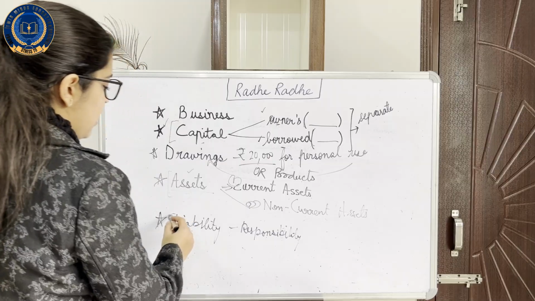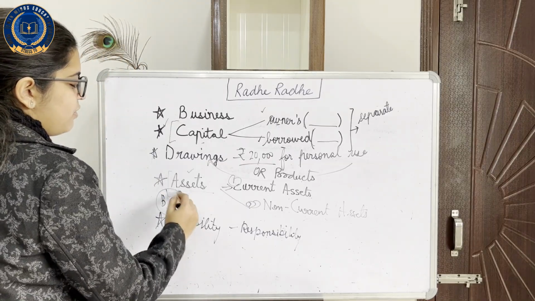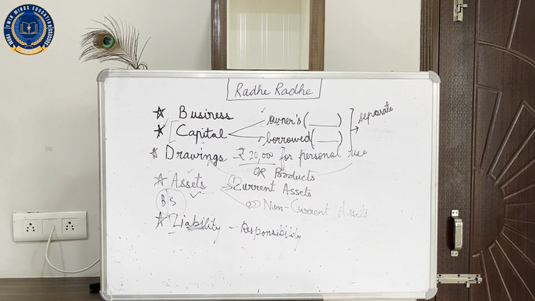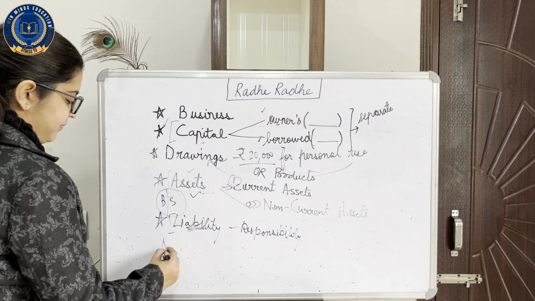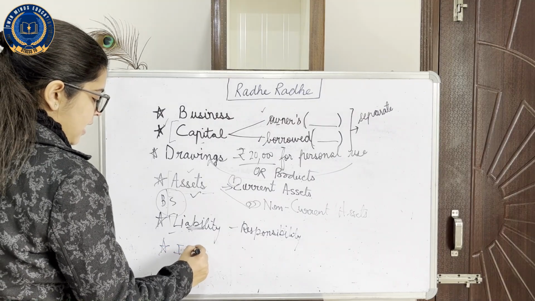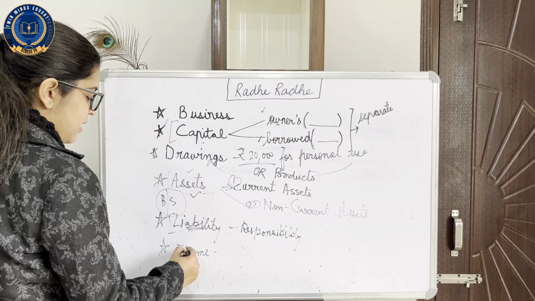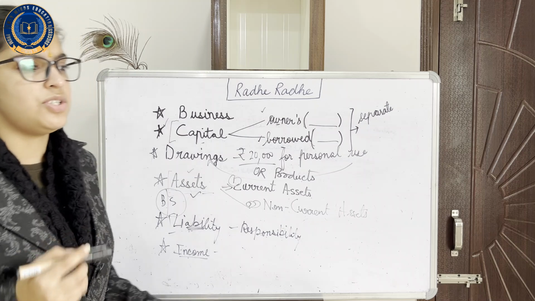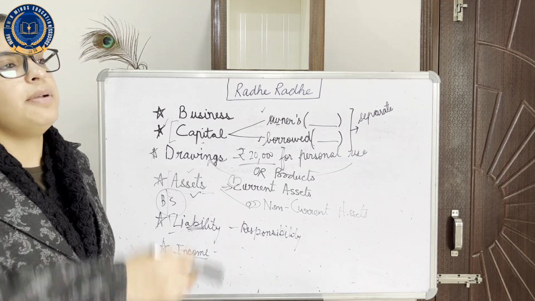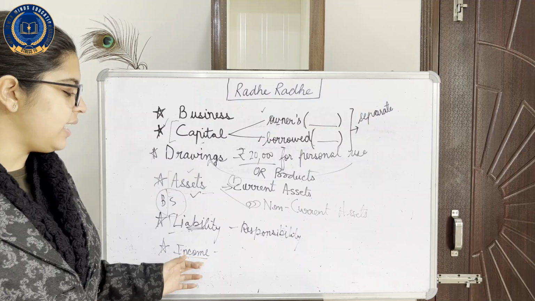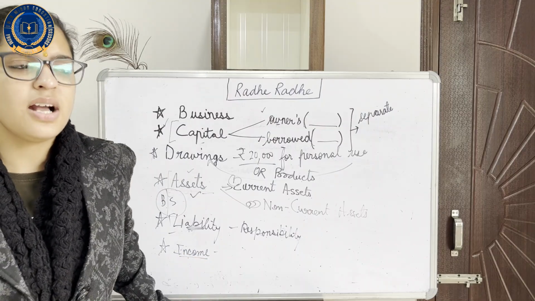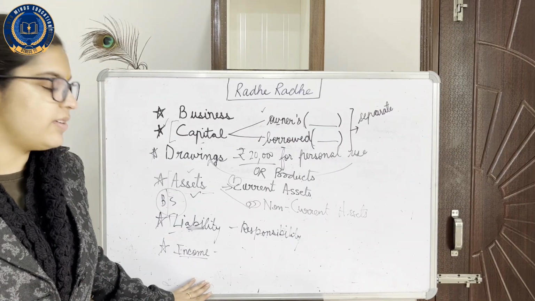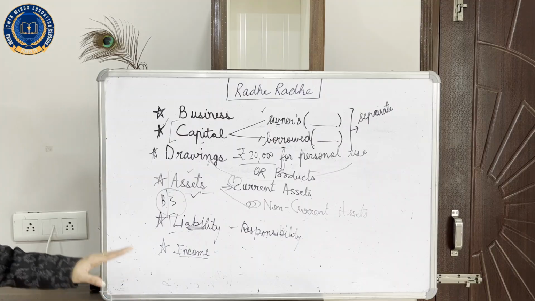ठीक, नाउ नेक्स्ट कंसेप्ट अगेन, इसके बारे में हम ज़्यादा नहीं समझाएंगे क्योंकि ये आपकी बैलेंस शीट की जब फुल फ्लैश वीडियो आएगी तो उसमें आपको लाइबिलिटी और एसेट्स दोनों का कंसेप्ट समझाया जाएगा। नेक्स्ट कंसेप्ट वी कम अक्रॉस इज इनकम। मुझे ऐसा लगता है कि हर किसी ने ये वर्ड इनकम तो सुना ही होगा। मुझे नहीं लगता ऐसा कोई भी बच्चा होगा क्लास +1 से लेके अपने फाइनल ईयर या मास्टर्स के फाइनल ईयर में जिसने इनकम वर्ड का मतलब जिसको ना पता हो या कभी सुना ना हो।